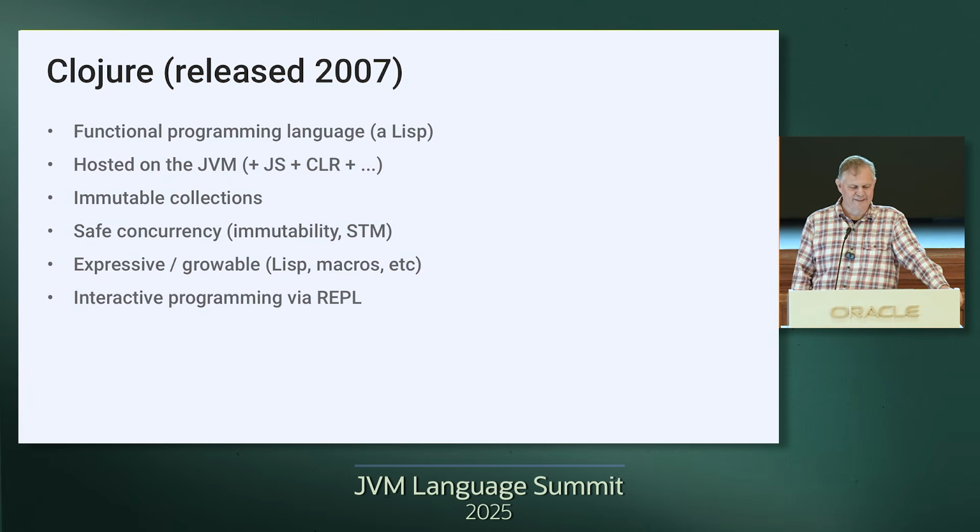It's probably a key thing people might have heard of. It features an approach to safe concurrency, so not user-level locking, but mostly relying on immutable values, including immutable collections. And then for managing state, it has a software transactional memory component and also relies a lot on using effectively atomic values, so atoms.